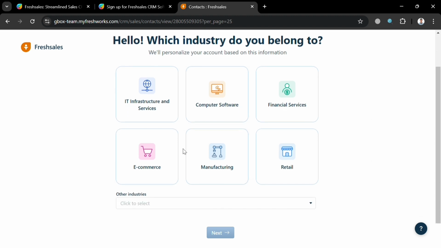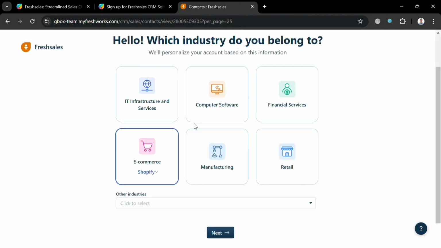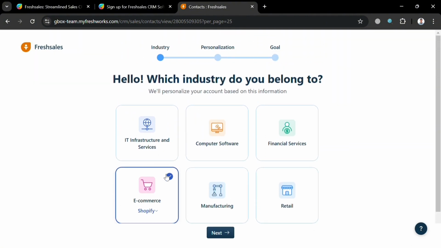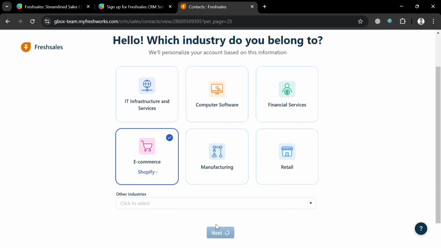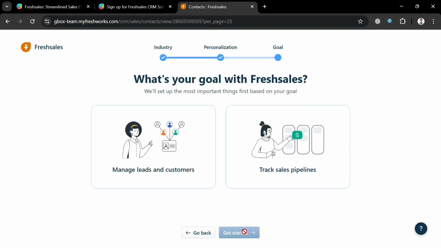And as you can see, you can simply fill out the required information, including which industry you belong to. I'm going to choose e-commerce and Shopify and click the Next button to proceed. And after that, just click the Next button below to proceed to the next step. It will show you what your goal is with Freshsales. I'm going to choose manage leads and customers and click the Get started button to proceed to